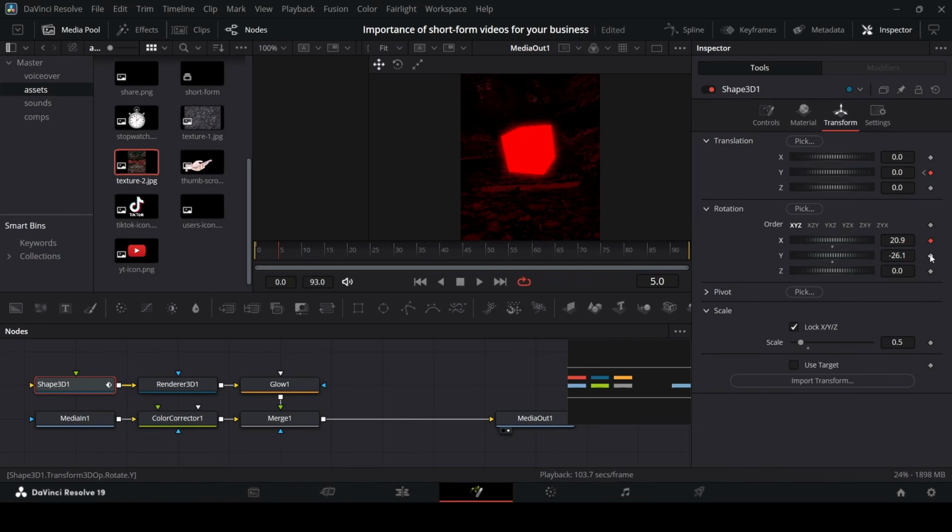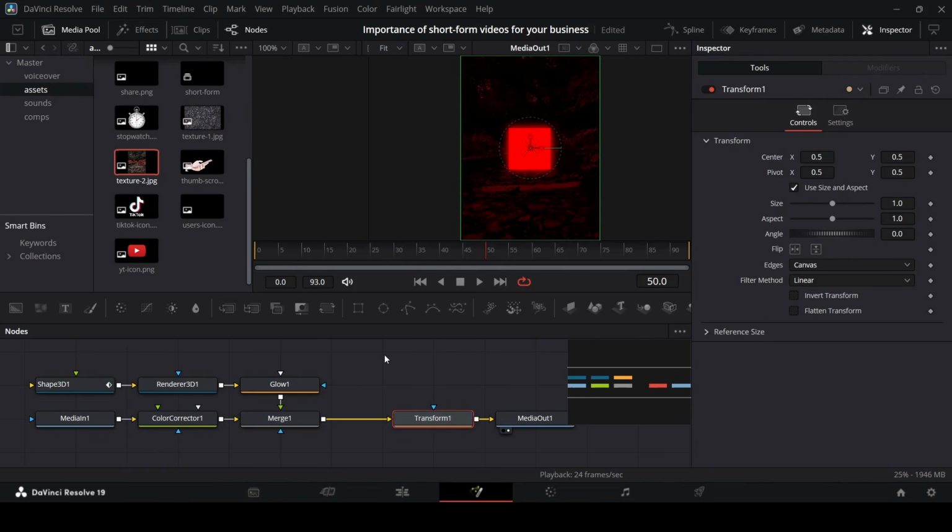Then right here at 5, let's create keyframe at X and Y at rotation. Then all the way to the end, let's just go ahead and change the rotation. So this is random, you can do this any way that you want, but this will just give us a nice background. Now let's add in a transform node, and from here let's go over to 10, create a keyframe